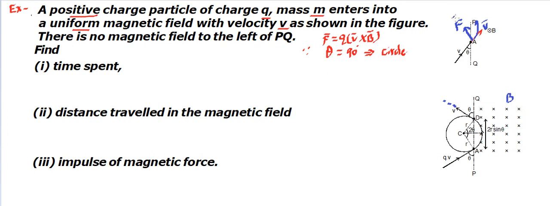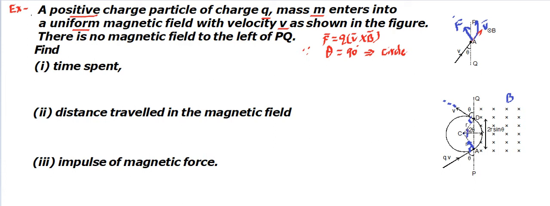so we can say when it is entering, the force acts toward the center. So that means the force is going to be acting like this. This is going to be the center, so C is the center. When it returns back, again at 90 degrees you will find the center lying. So now if this angle is theta, we can think of the total angle that is going to be formed at the center. This is going to be 90 degrees, so this inside angle is going to be 90 minus theta, and since this angle is 90, you'll find this half angle is going to be theta.